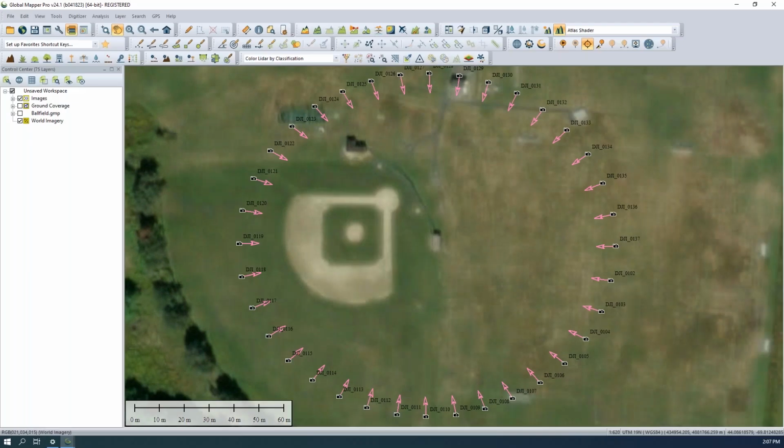All right, let me make sure I share the correct screen that I'm looking for here. And as that comes through, we should see Global Mapper pop up with an open workspace where I have some imagery loaded for reference, and then we see some camera icons on screen. Those are picture points or UAV collected images. And the first tip that we're going to go over here is masking in the pixels to points tool in